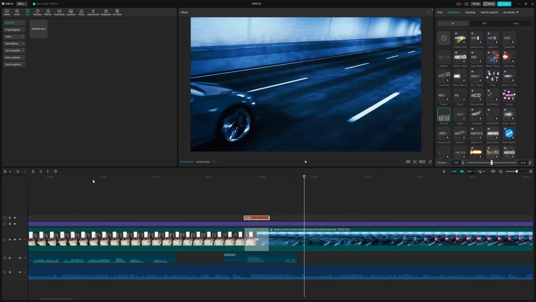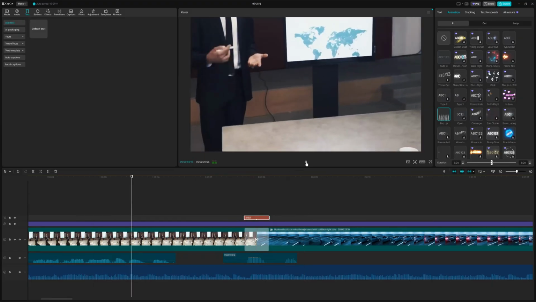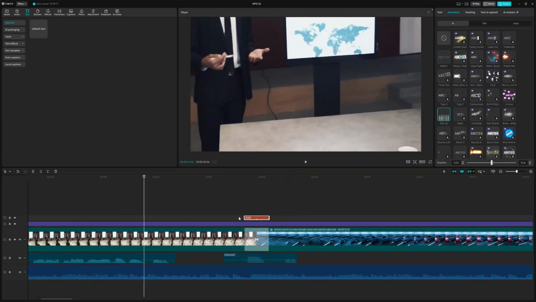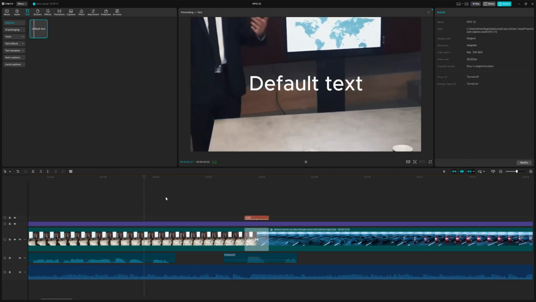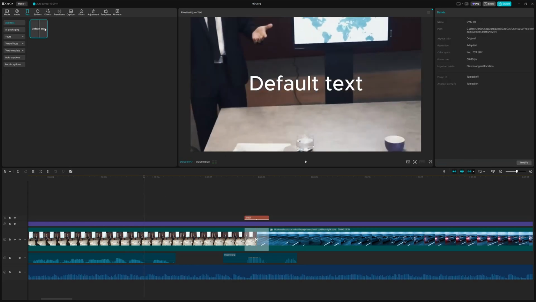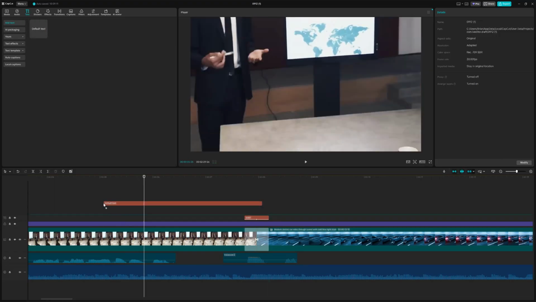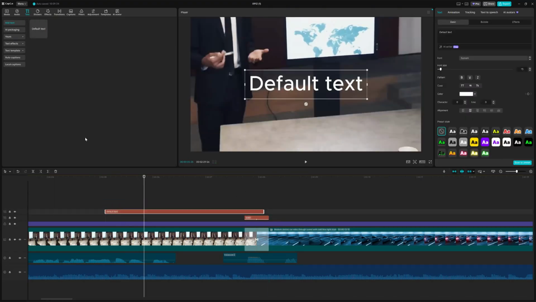So for example, if I said, all right, cool, I would make another default text and drag and drop it to the times that I said, all right, cool, and so on. It's kind of tedious doing it this way. That's why we have AI tools